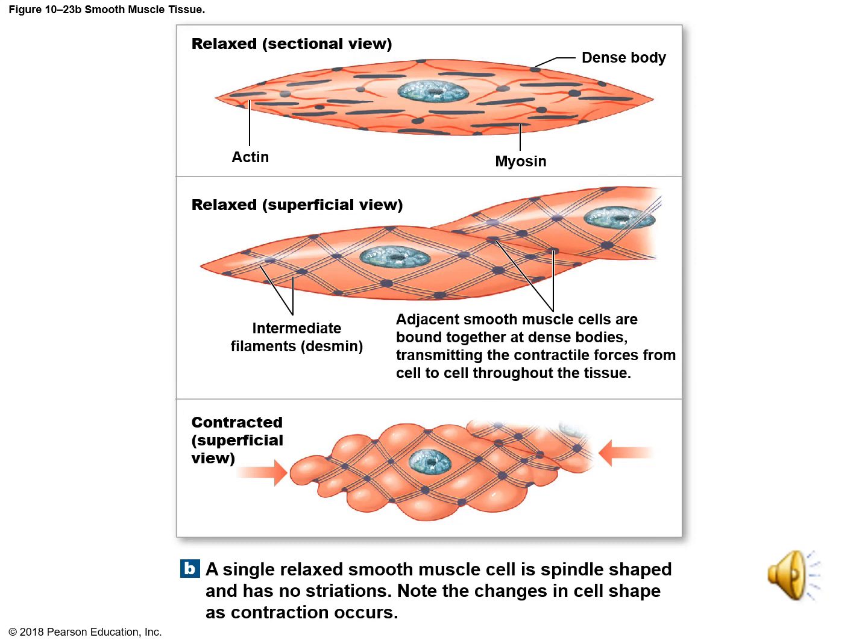The sarcoplasmic reticulum is throughout the sarcoplasm, and there are thick filaments scattered in the sarcoplasm, and the thin filaments are attached to dense bodies, which are structures in the sarcoplasm on the cytoskeleton, and adjacent cells can also be bound together at the dense bodies, so the cells can pull on each other because they have no tendons. The main special characteristic of smooth muscle, there are two of them, is plasticity,